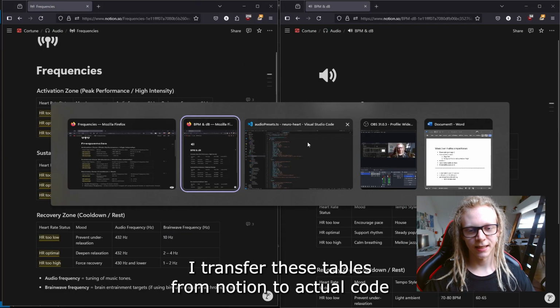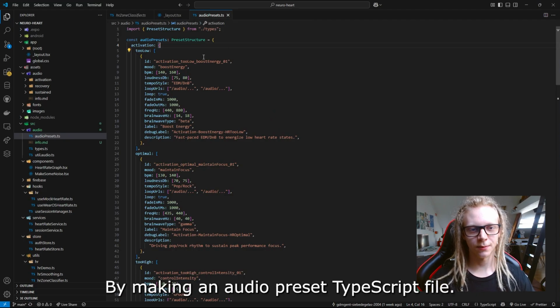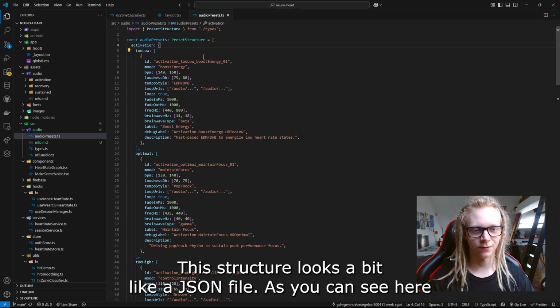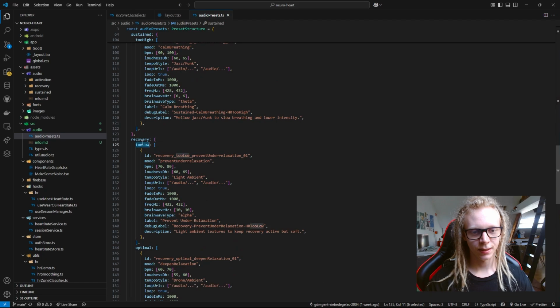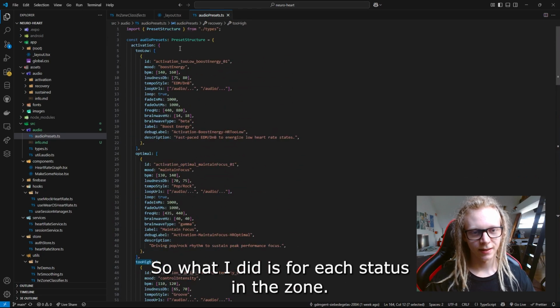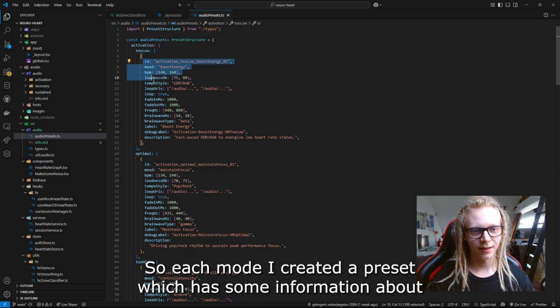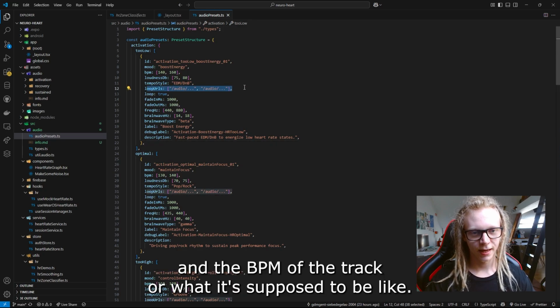I transferred these tables from Notion to actual code by making an audio preset TypeScript file. This structure looks a bit like a JSON file. As you can see here, we have 3 times the zone we are in and the status in that zone. So for each status in the zone, so each mood, I created a preset which has some information like the name, a description, the loop URLs, which I'll show next, and the BPM of the track, or what it's